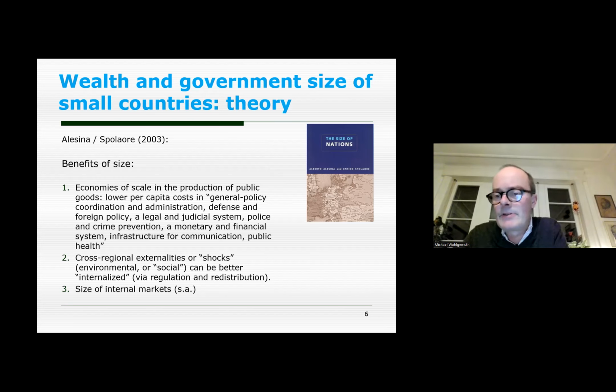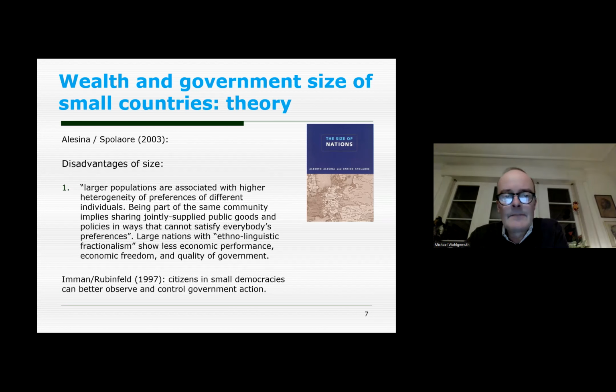All there, you would expect to see economies of scale in the production of public goods. And larger countries should be better able to internalize cross-regional shocks, and regulation distribution should be easier to cope with. And the size of the internal market I've already mentioned. The only disadvantage of size, or benefit of a smaller population,